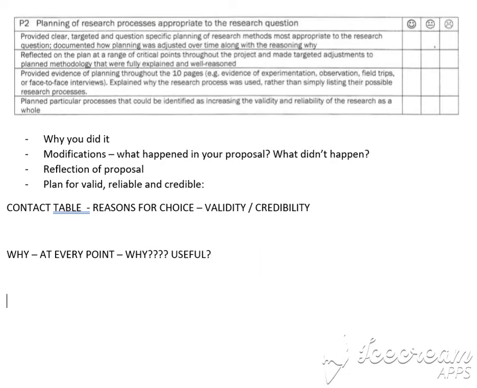Now, having just written your evaluations and reviews, you can now go back to those documents and have a look at why they were useful. Use that to guide your thinking. Don't cut and paste it, but use it as a guide. So that's your P2. It's really the why did you do what you did criteria. Please think about not just showing us what you did, but for those high levels, showing us why you did what you did.